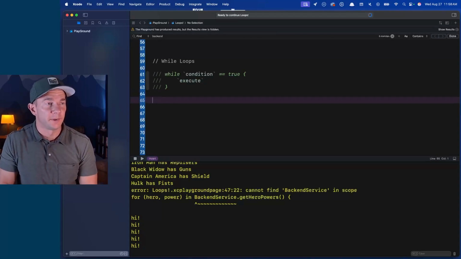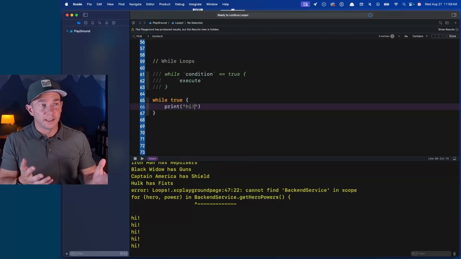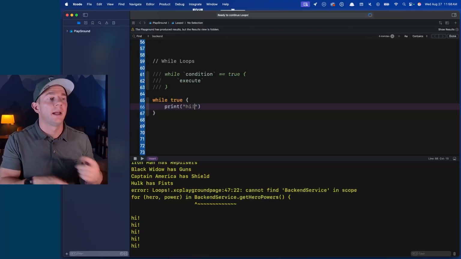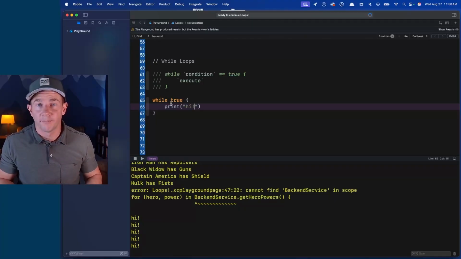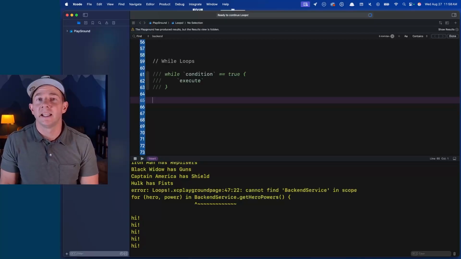So, for instance, you could write something like this: while true, print hi. Now, if you did this, this will always execute. Your program will hang because it's just going to sit there and print hi, hi, hi, hi, hi, hi, and it's never going to stop. So generally, you want to execute something that has a condition that's going to change over time, or something you're